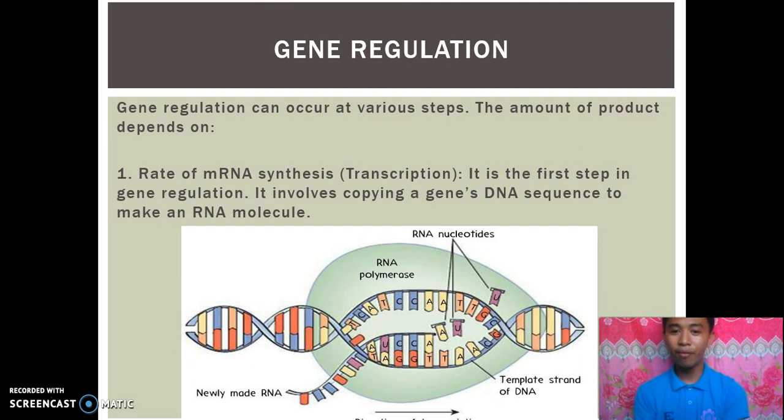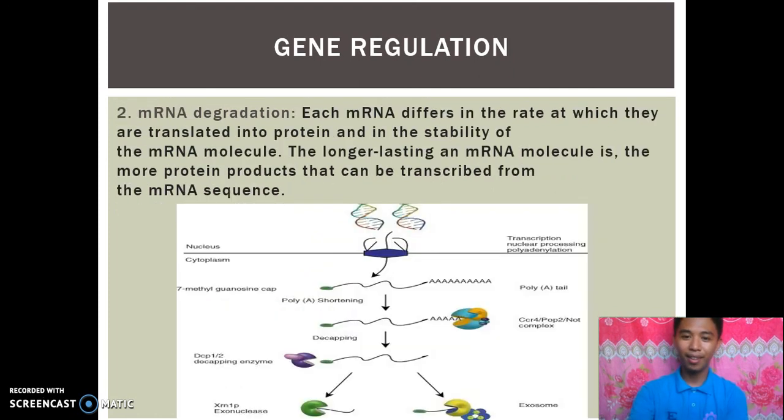It involves copying a gene's DNA sequence to make an RNA molecule. Next is mRNA degradation. Each mRNA differs in the rate at which it is translated into proteins, and this is the stability of the mRNA molecule. The longer lasting the mRNA molecule is, the more protein product that can be translated from the mRNA